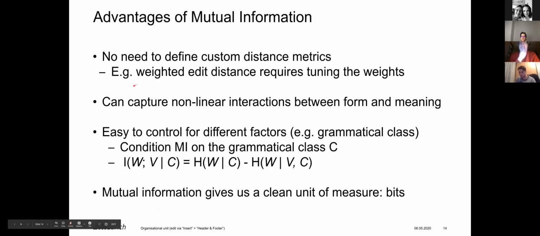Okay, so that's what's wrong with the competitors. Now I'm going to tell you why we really like mutual information. As I said, there's no need to define custom distance metrics, we can capture nonlinear relations, and we can control for different factors through conditioning. For instance, if we have